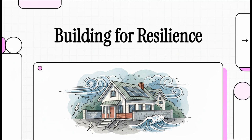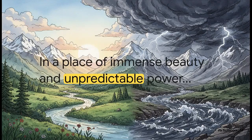What if the home you live in could be your best defense when the unexpected happens? Well, today, we're going to dig into the secrets of building for resilience to create not just a house, but a real sanctuary. So, we're starting out in a region that's just breathtakingly beautiful, but also incredibly powerful, Jammu and